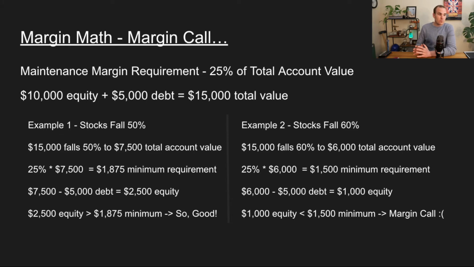And these rules are enforced, and they can make you do some really crazy things when you don't want to. What I mean by that is that if in this example you were below the requirement, your broker will sell stock on your behalf to make sure that you can boost your equity to meet that $1,500 requirement. Again, complicated, but the broker will enforce these rules and can make you do crazy things like sell your stock when it's down 60% to make sure that you meet the Federal Reserve requirements.